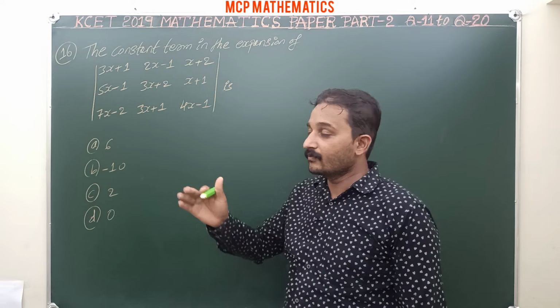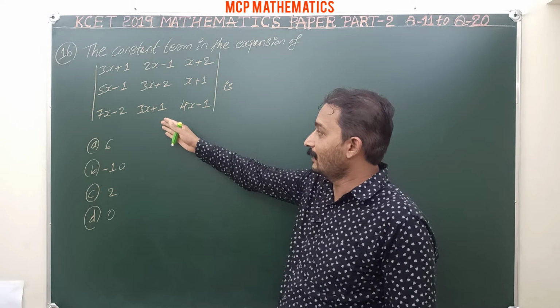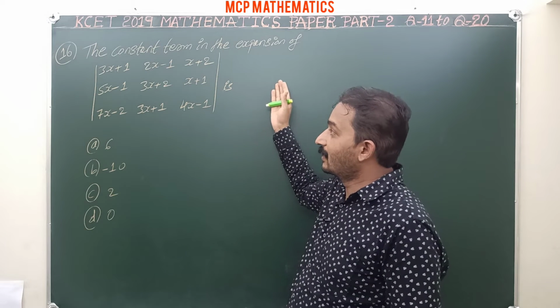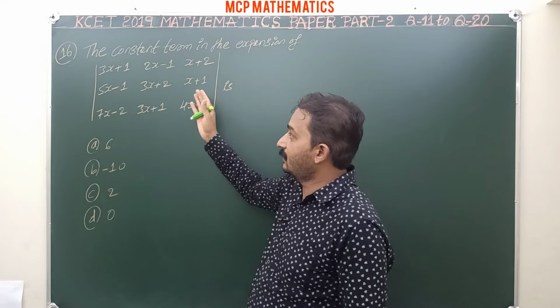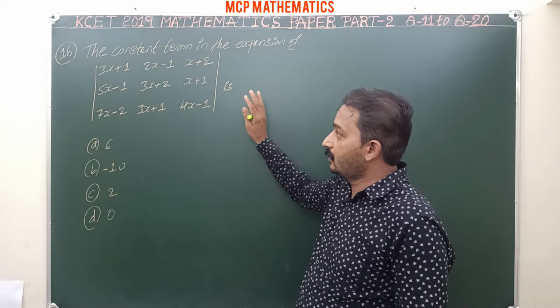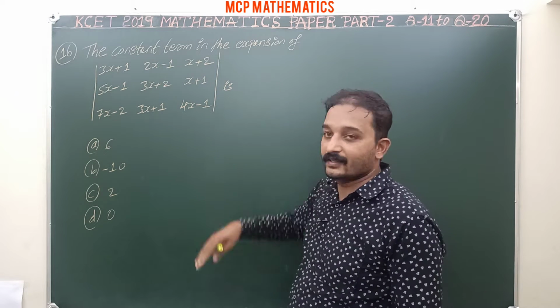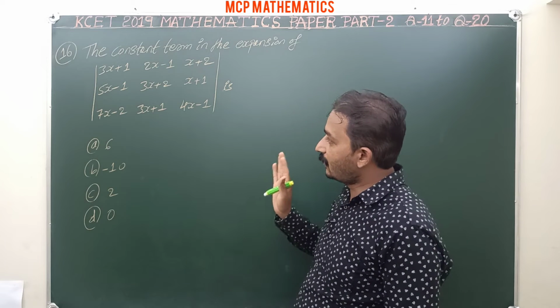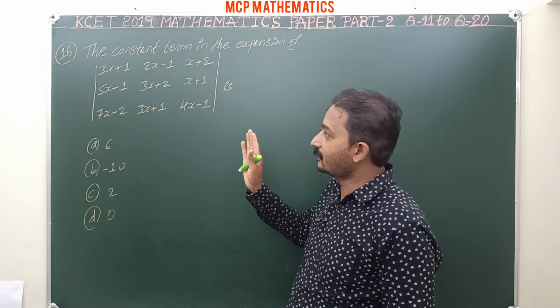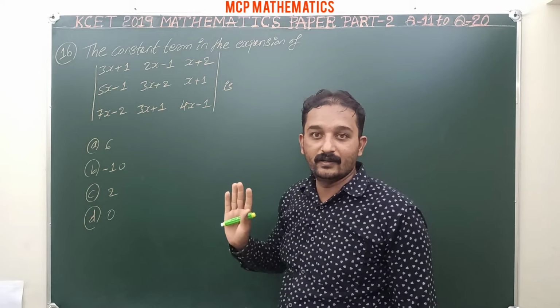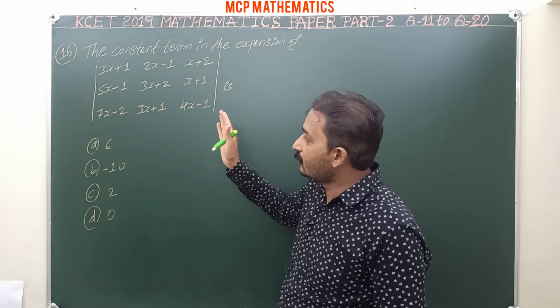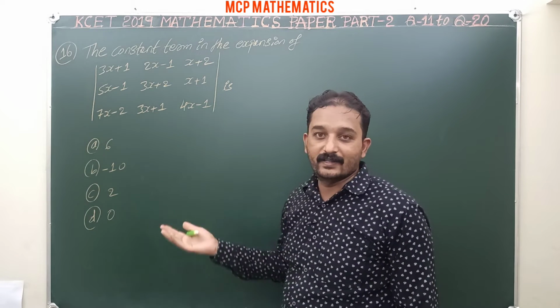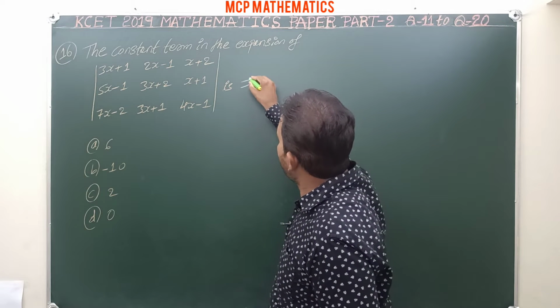It means we have to expand this determinant. We get one answer, in terms of either cubic or quadratic, and we have to identify the constant term. So in this case, constant term means x is not there. So we have to put x equal to 0, and we get the required answer. So put x equal to 0,